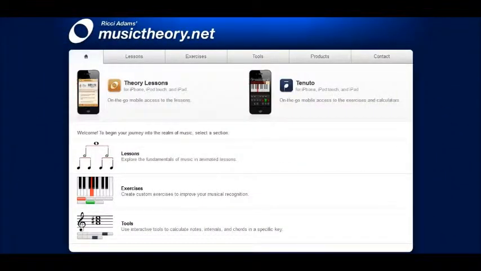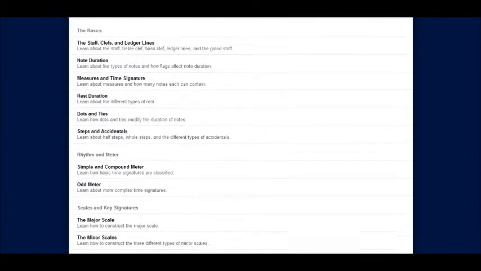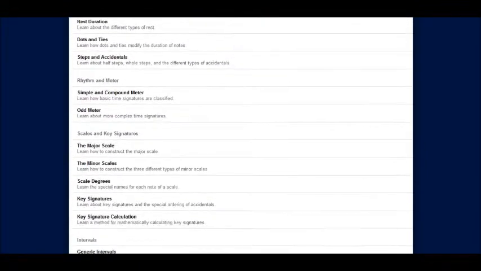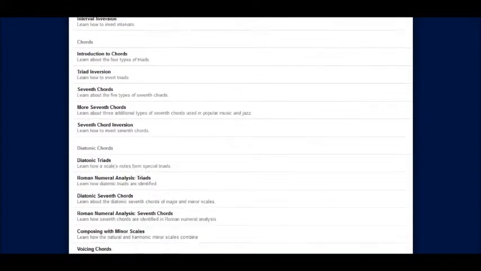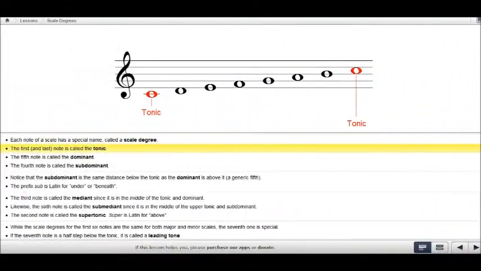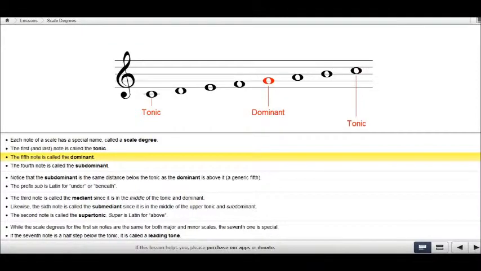The website is divided into three main sections, the first of which contains 39 lessons that address a range of concepts, including rhythm, scales, intervals and chords. Each lesson is presented as a series of dot-point instructions and uses flash animations and musical examples to demonstrate concepts